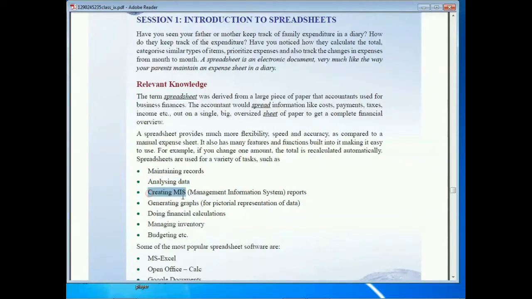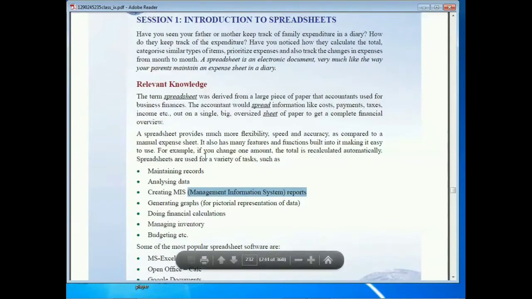Next is creating MIS, that means management information system. If we want to create any type of management system, we can create it in spreadsheet software, like student information, management information, all types of detail we can store in a spreadsheet.